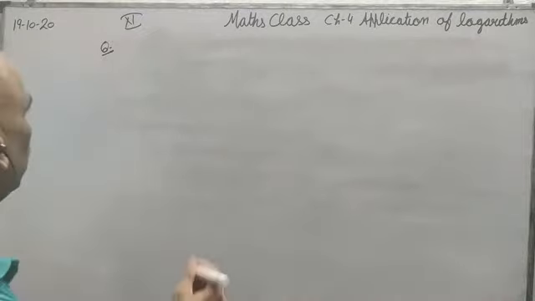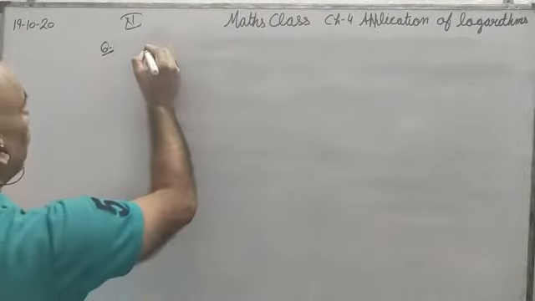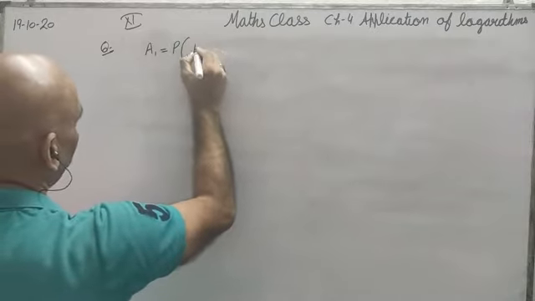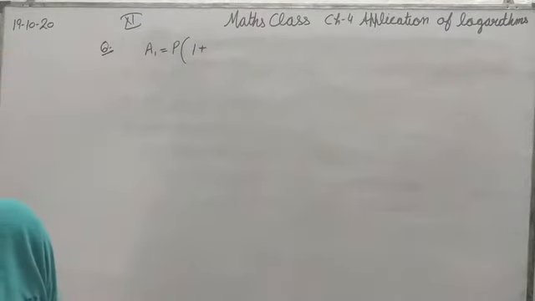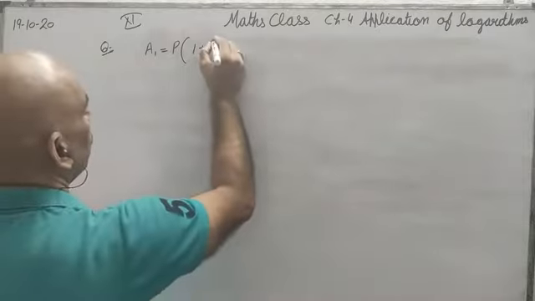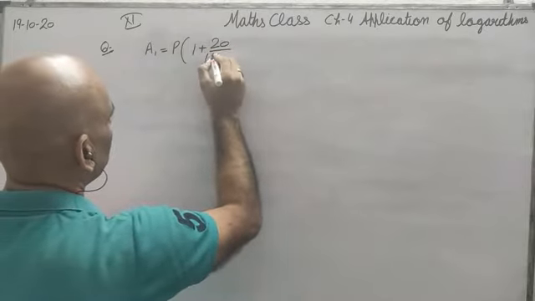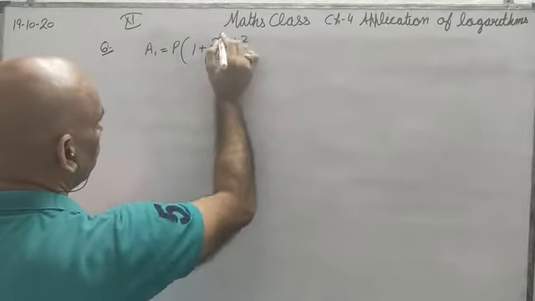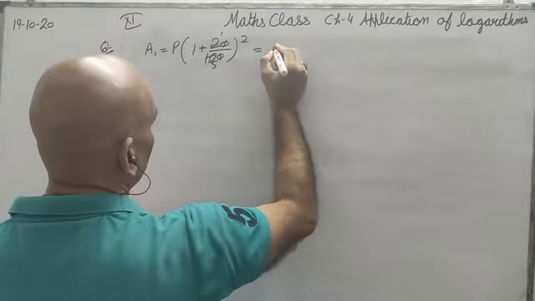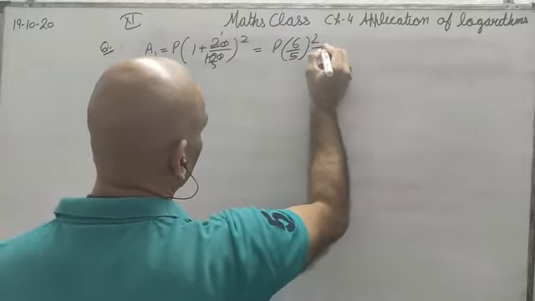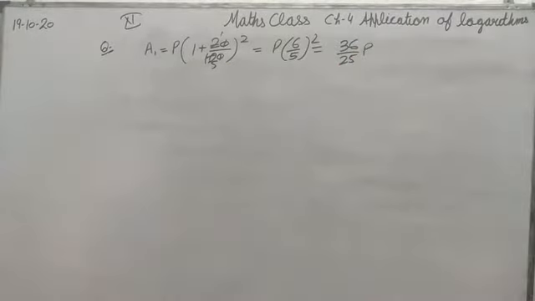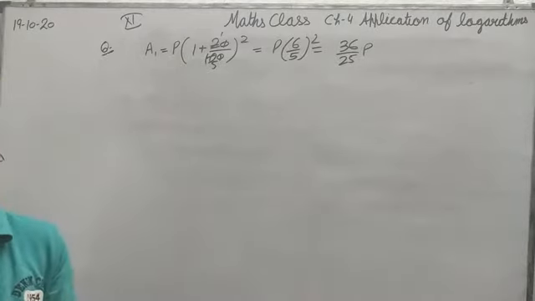Okay. So first of all, I am calculating it for annually. If I am getting it A1, then P I have to calculate 1 plus rate is 20% and time is 2 years. So it is calculated 1 5 P, (6/5)^2 or 36/25 P. In this we are not going to calculate log because the power is not very big.